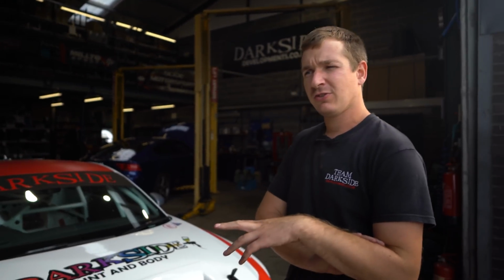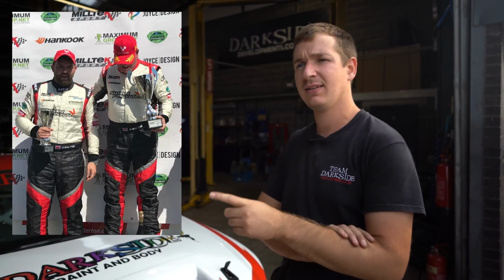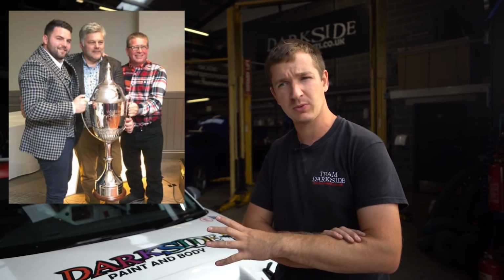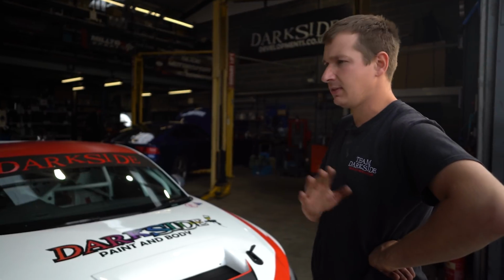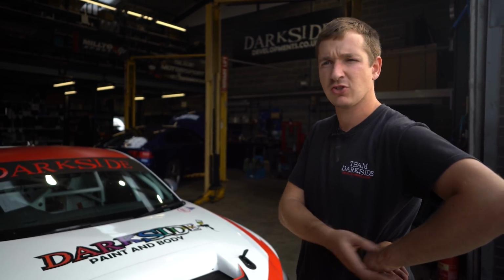We've got a couple of pictures as well that will flash up. These did a 1-2 finish at Snetterton one time, and then in 2019, one of these cars won the VW Cup as well. I think it was Owen who was driving that one, I can't remember. Simon will probably be upset if I say that. These didn't get used at all last year in 2020. Obviously COVID cut things short, but